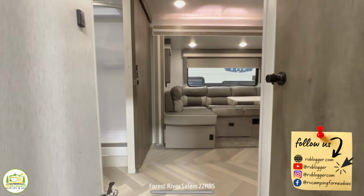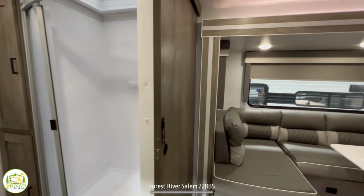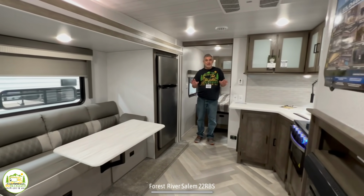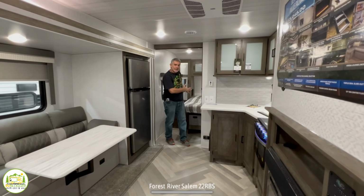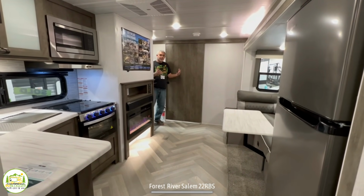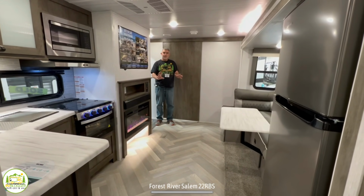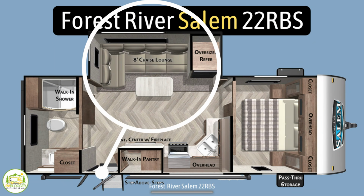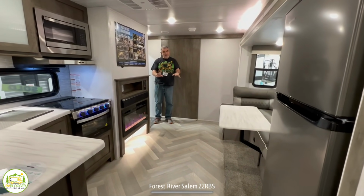When you first walk into this travel trailer, immediately to your left is a very large bathroom at the rear of the travel trailer. Then it wraps around into the living and kitchen area, and at the front of the camper is where the private owner's bedroom is located. So when you first walk in, my first impression is that you have a lot of floor space in here because the dinette and sofa are in a slide out. The refrigerator is as well, and so that whole area slides out about 3 feet,